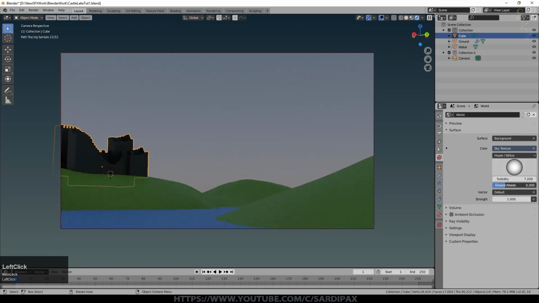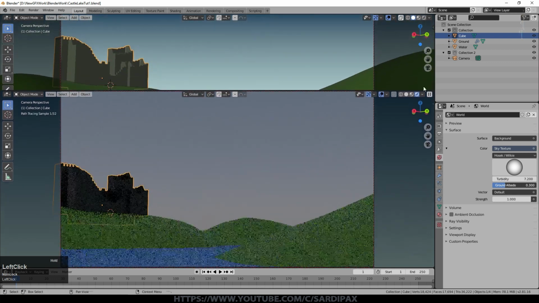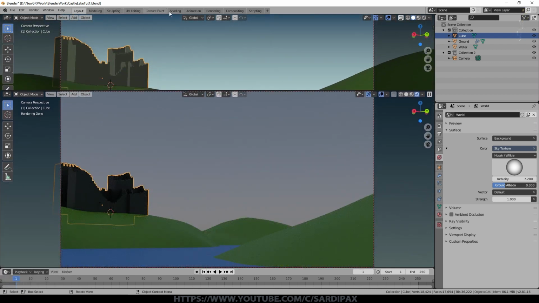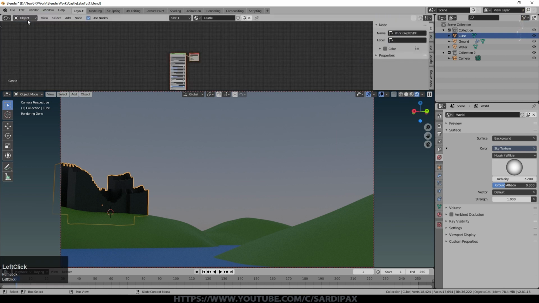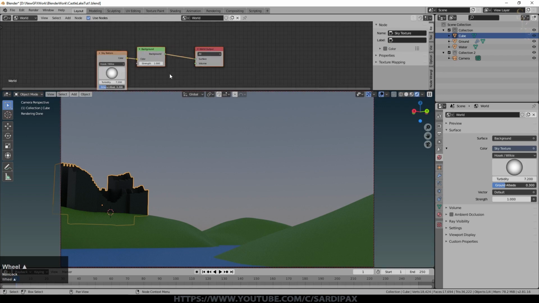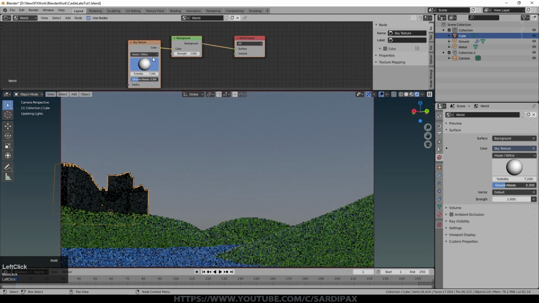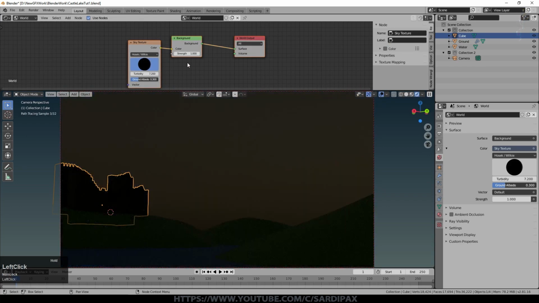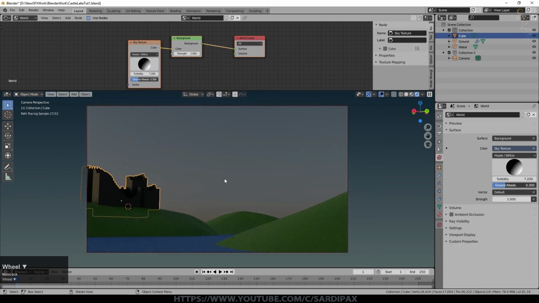And of course we can go to the nodes to adjust it. I'm going to bring another window up here. You can of course quickly select different options up here for the window setups. I generally just like to do it this way. We'll go to the shader editor, and if we say world, you can see what's going on here. And you can change the effective position of the sun here as well. Something like that. So that's obviously over here.